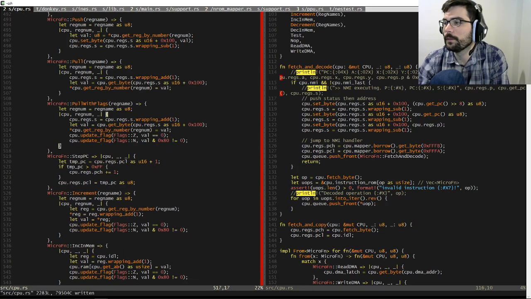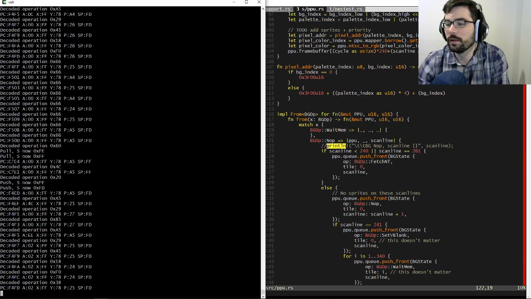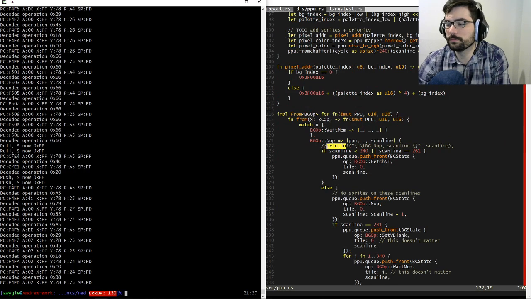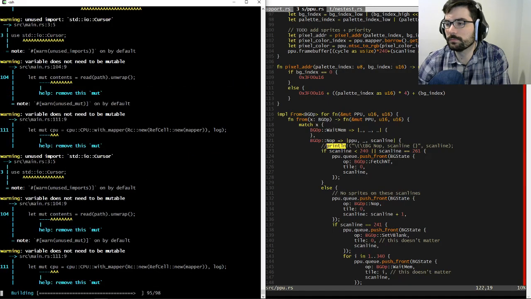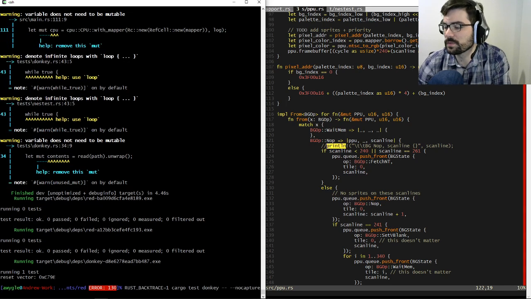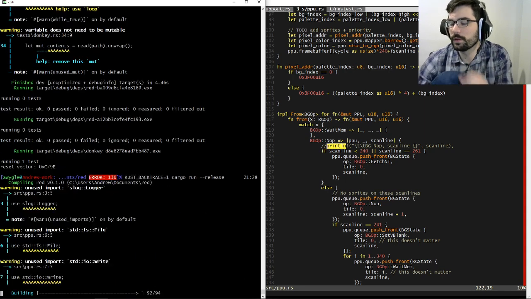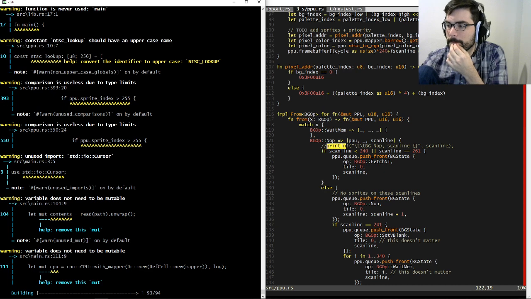Okay. And then, are we printing anything in the PPU? I don't think so. Okay, so that's just running. Cargo run, dash dash release. Except it's still going to go incredibly slowly.